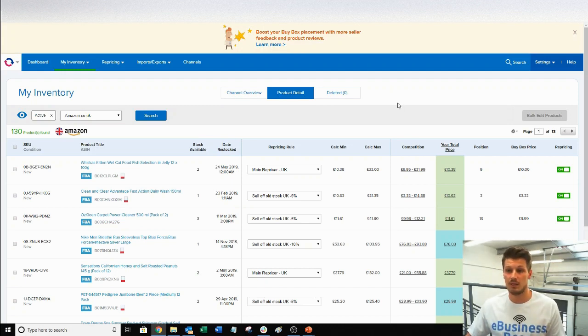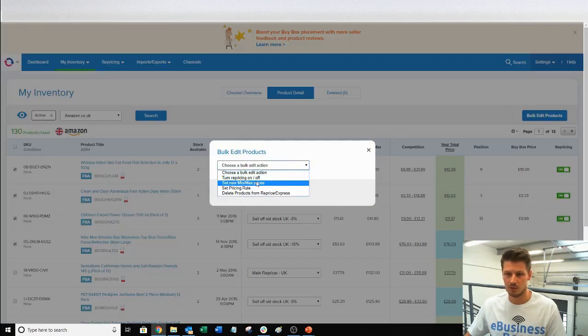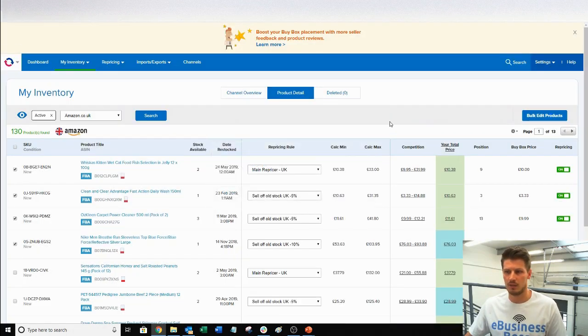As I talked about in the presentation, you can bulk edit products and their rules and reprices. So you could click, for example, these four, click bulk edit products, and you could turn all their repricing off. You can set their new min and max rules, you can set pricing rules. Again, as I said, this is really handy rather than having to do each product one at a time. I rarely use it because what we do is upload a lot of our prices and rules via spreadsheets, but it just gives you another little look at something that might suit you a bit better. So that's the bulk edits option.